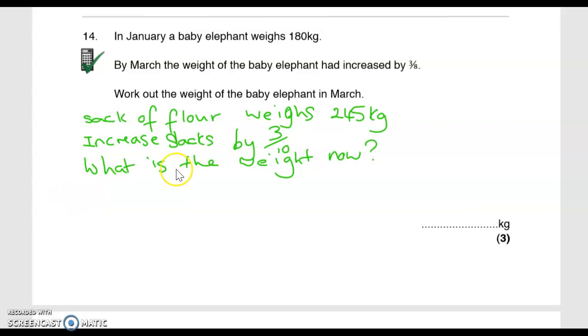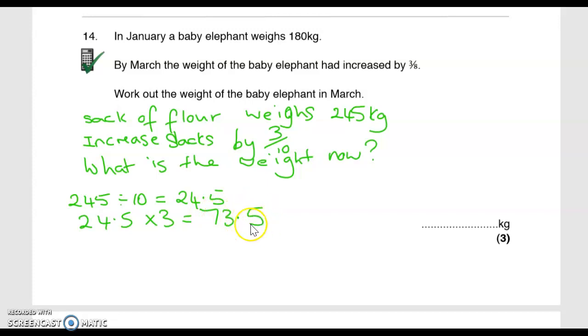So if you're doing it without a calculator, you're going to do 245 divided by 10 and times it by 3. And you can still do that on a calculator if you want. So let's do that. So we're going to do 245 divided by the bottom of the fraction, which is divided by 10, which on the calculator, which you can use, is 24.5, and then we're going to do 24.5 times by the top of the fraction, which is 3, and yes, we can use a calculator for that, and we get